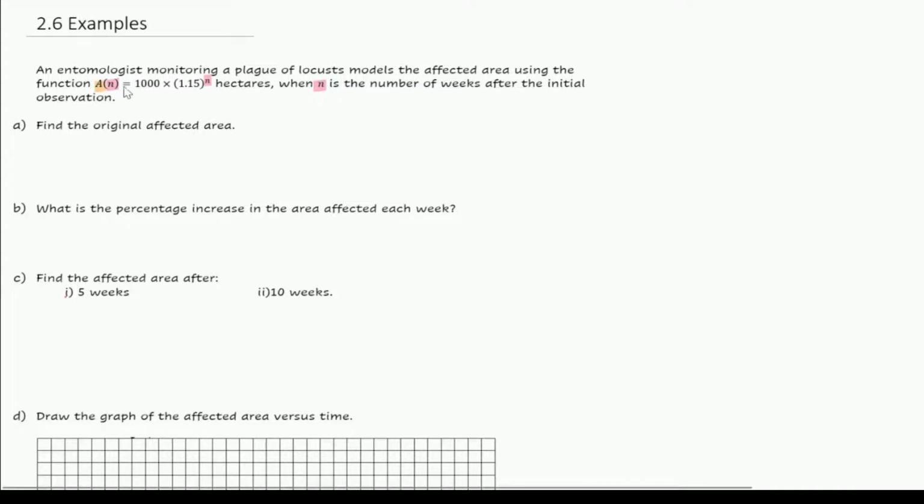The first question asks, what is the original affected area? Having a think about it, if n is the number of weeks, we know that the initial affected area would be when n is equal to 0 weeks. So pretty much just plugging n equal to 0 into my function. So I'm going to have A of 0 is equal to 1000 times